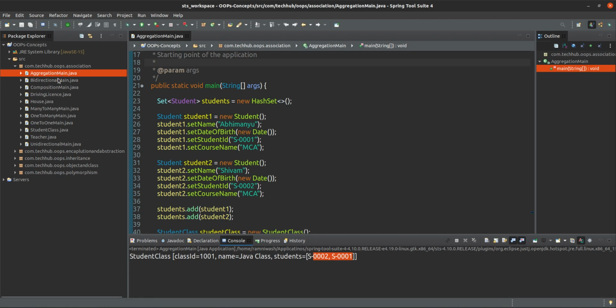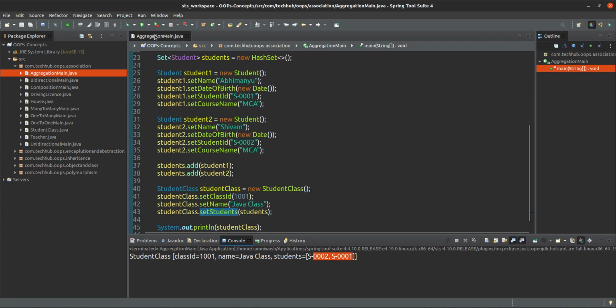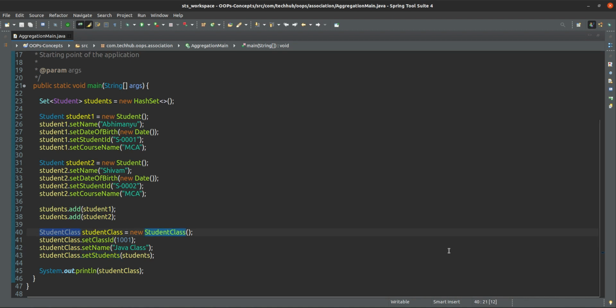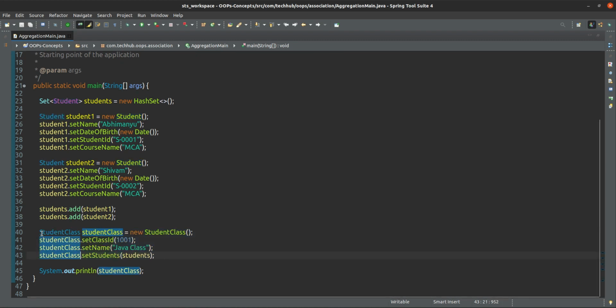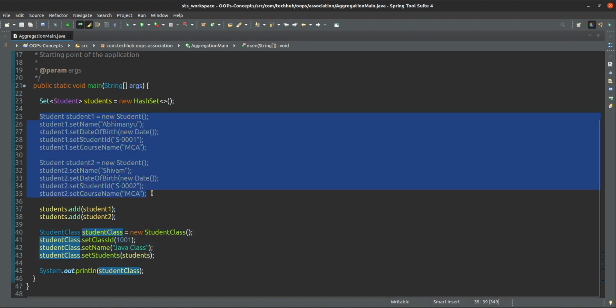Here we can see the student class object is different, the student object is different. If we delete this one, then also the student object exists, the student object is not destroyed. If we are removing only these lines of code, then also the student object is there, the student class is not there, but the student is existing.